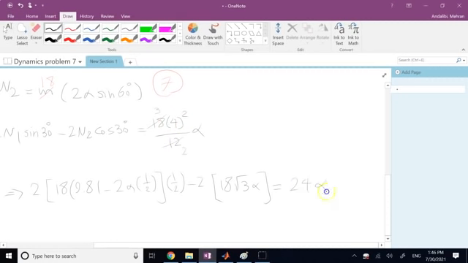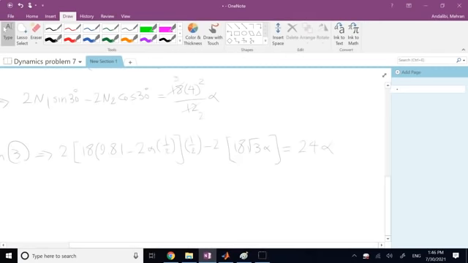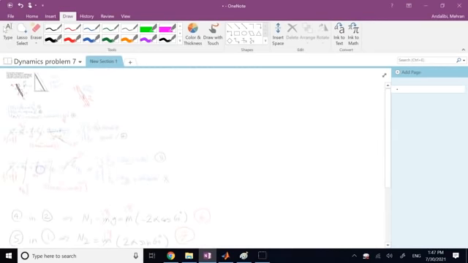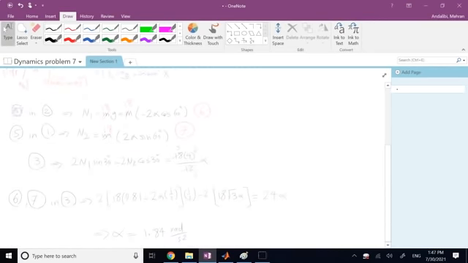alpha, right? So this is the result, and it's clearly a linear equation in terms of alpha, and if you solve for alpha, you will get 1.84 radians per second square. And if you now plug it back into the equation that involves n1, which is equation